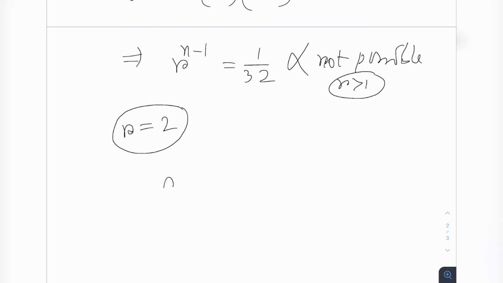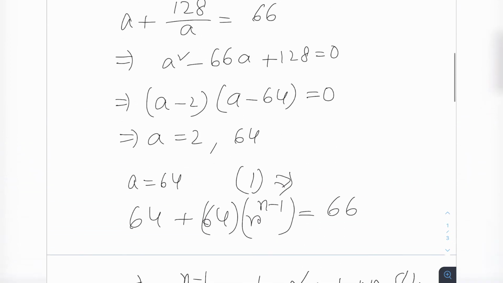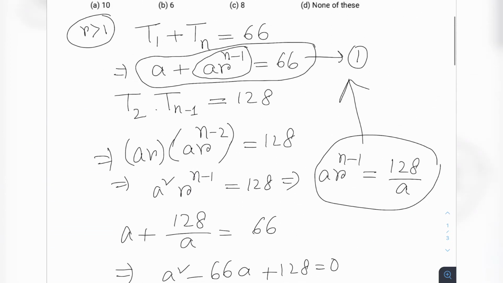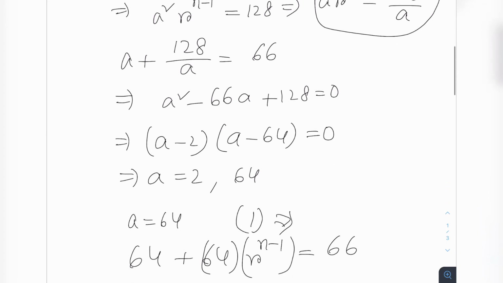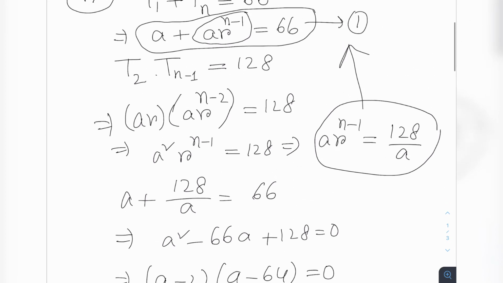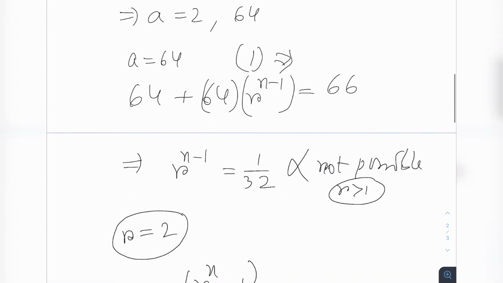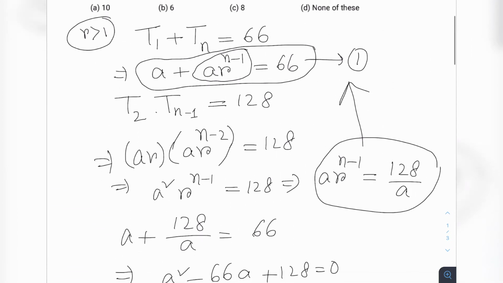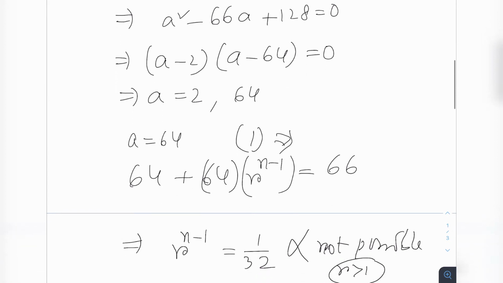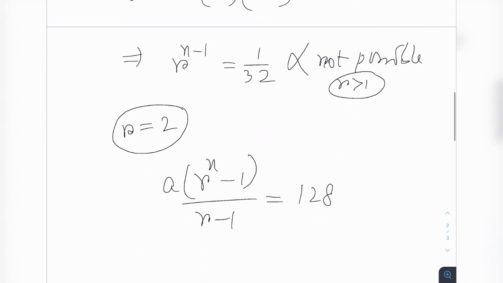Sum of the terms will be a into r to the power n minus 1 over r minus 1 equals 128. এটাকে জাস্ট আসছে কিনা আমরা চেক করে নেব। এখানে একটা জিনিস দেখতে পাচ্ছি, a into r to the power n minus 1 equals 128. তাহলে r এর ভ্যালুটা এখানে বসিয়ে দেবো, a এর ভ্যালু পেয়ে যাব।